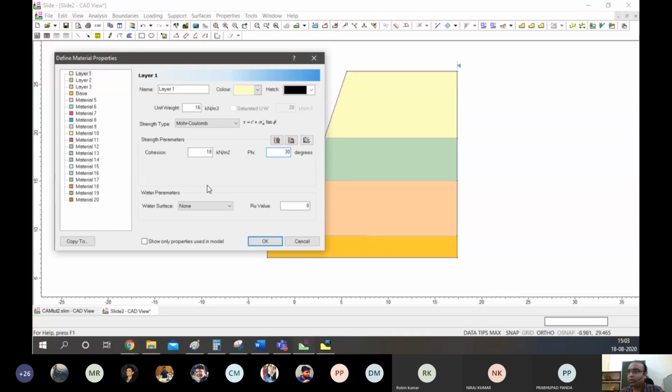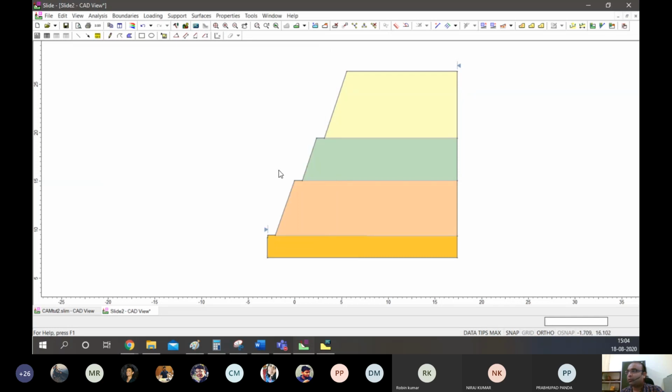Again, by compaction these figures change, so we are just trying to simulate how these different layers affect the factor of safety and the slip circle behavior, right? So we click OK. That's what we want to do. In this, let's not keep water as a criterion. Now, in place of creating a grid, we will be doing an auto search grid option.